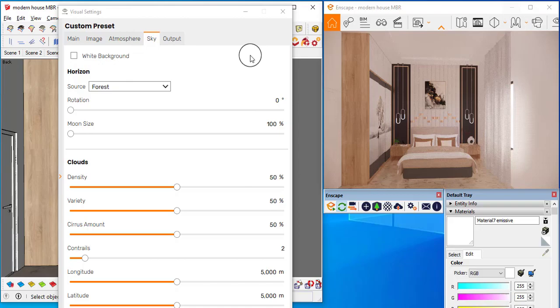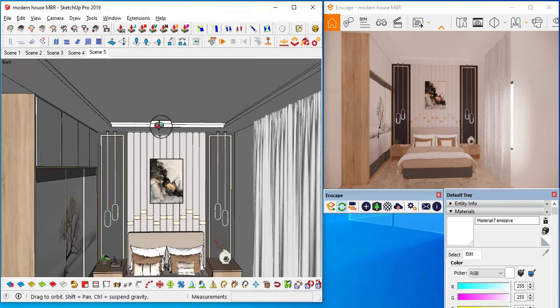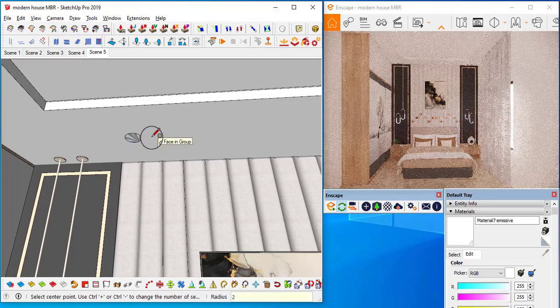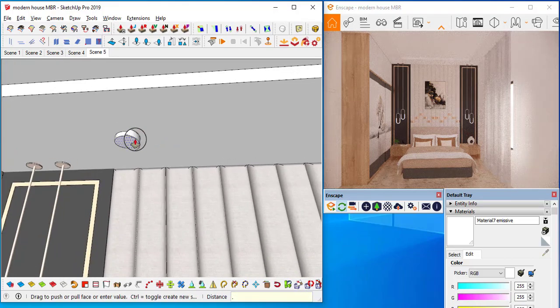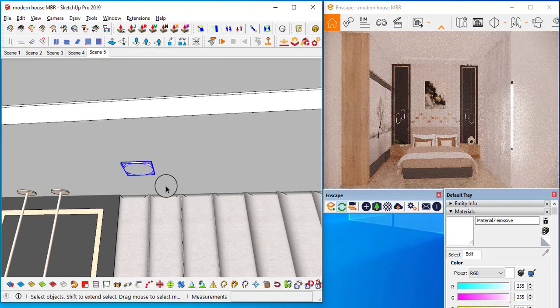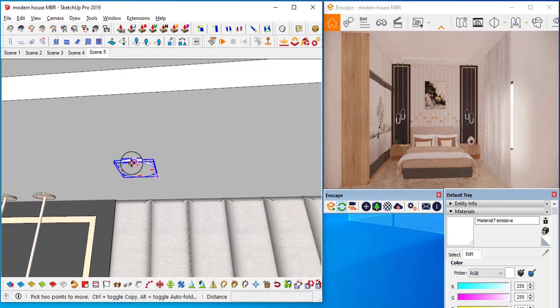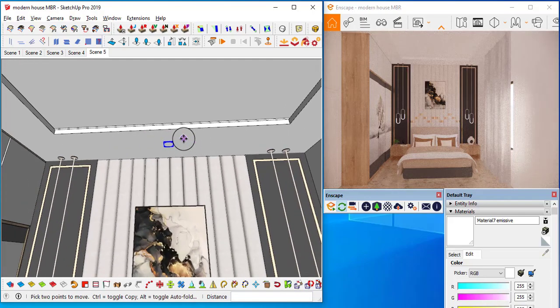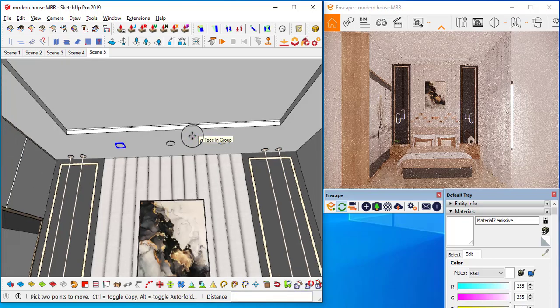So I will make the lightings. Okay, 2 inches, push pull it 0.25, make it a component, create. Then M, this red color up to the center midpoint, and M with Control in this direction, 2 feet, and 4 feet. That's it.